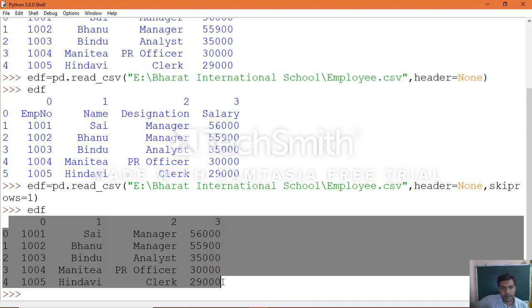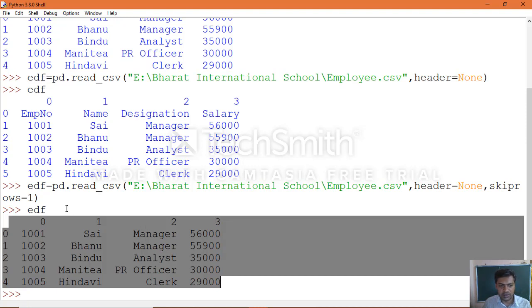We skipped the column headings which we specified within our CSV file. Once you practice that, you'll be able to understand the header attribute of read_csv, which we call an argument of read_csv, and also skiprows and names. Names you can specify.